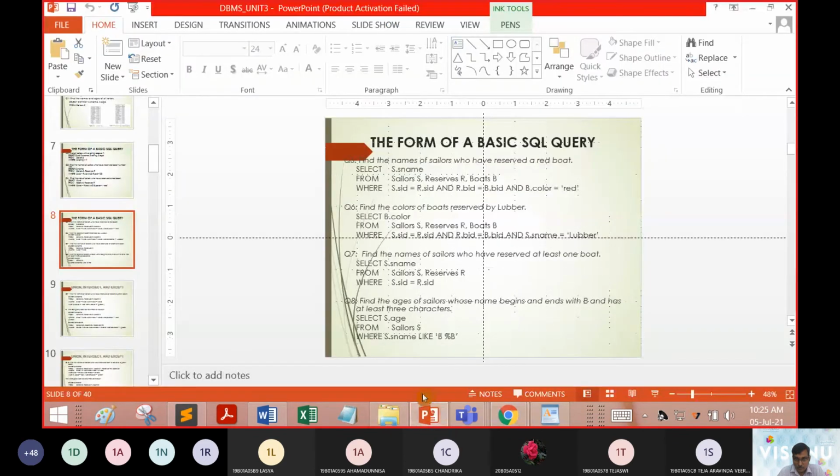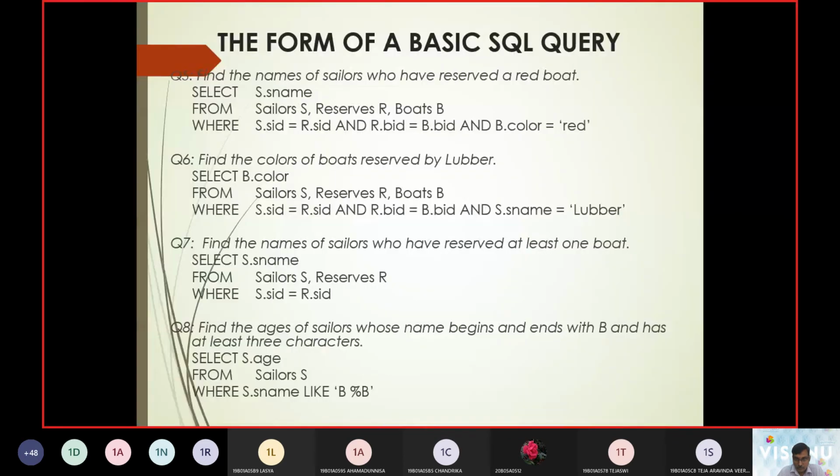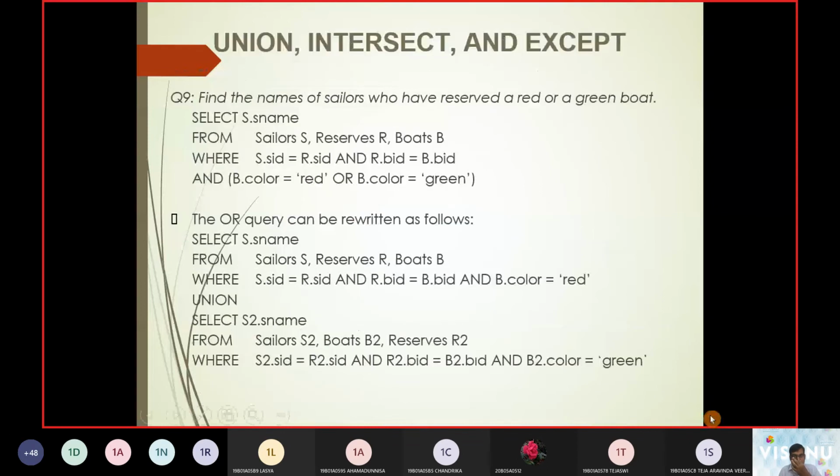We talked about query 8. The next one was: find the names of the sailors who have reserved a red or a green boat. That was quite interesting at this point.